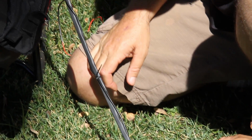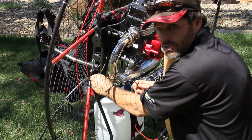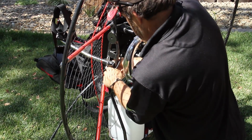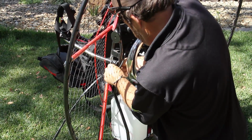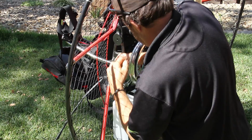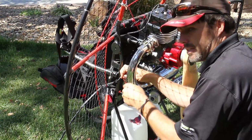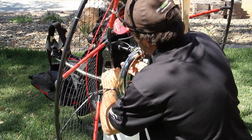Looking good. I've now passed it behind the net. Remember, stay on the throttle cable. I'll make one more wrap around there. No reason to disconnect anything. I'm just going to keep going around